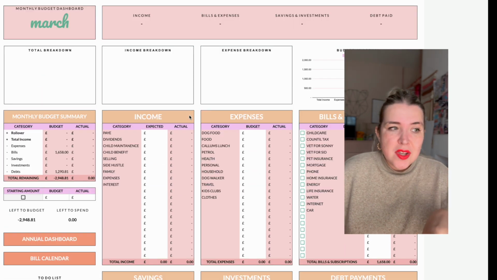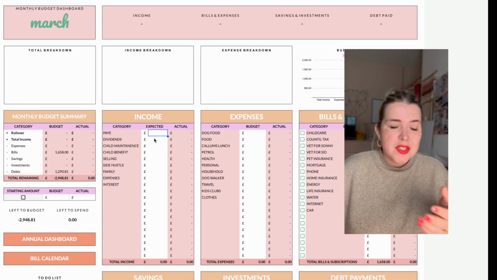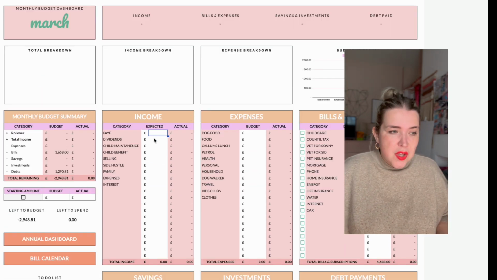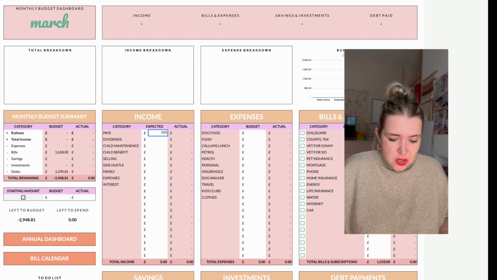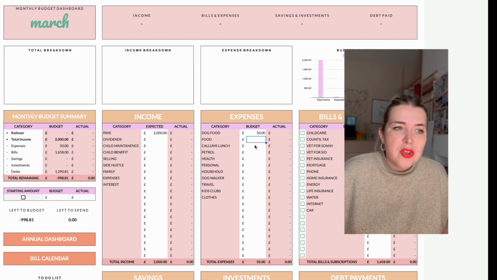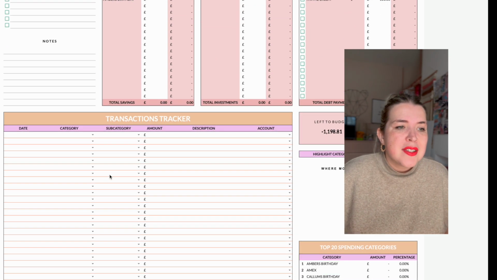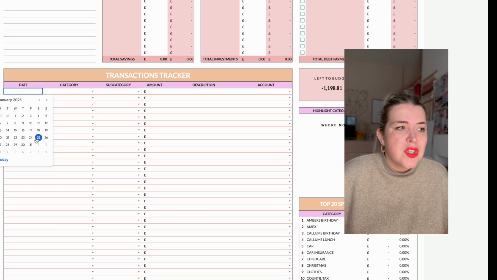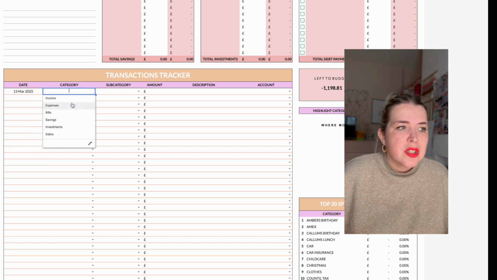And when you're just about to start the month, you want to come into here and start to plan your month. So am I expecting to get £2,000 for my pay? Am I spending £50 on my dog food? Am I spending £200 on my food? And then when you add your actual transactions into, what month are we doing? This is March. Into March,